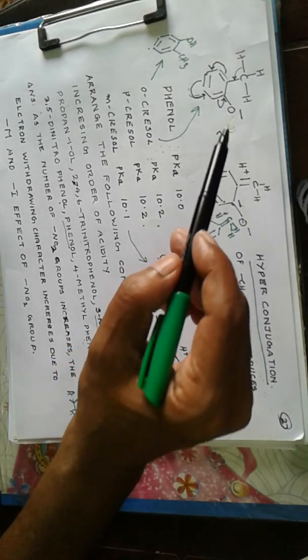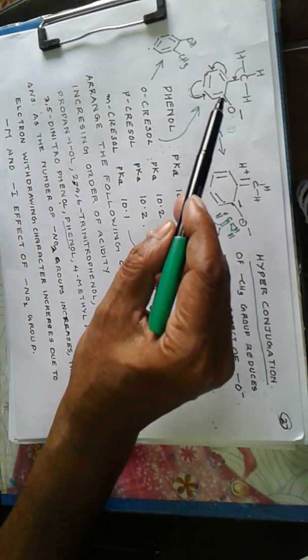But in all these cases, ortho, meta and paracresols, the hyperconjugation of the methyl group induces electron density into the ring. So when electron density is induced into the ring, the oxygen atom of the OH bond of phenol gets electron density by hyperconjugation. So it will have a higher electron density around it due to electron donation by hyperconjugation, so that it will show a lesser tendency to take up the electron pair in the OH bond. So an electron donating group will decrease the acidity of phenol,